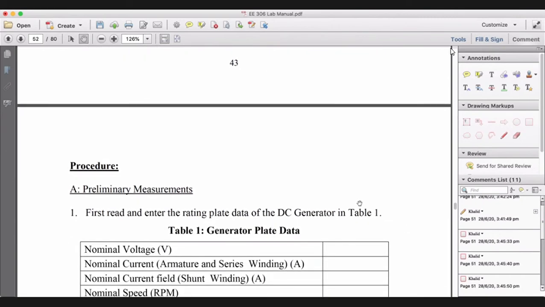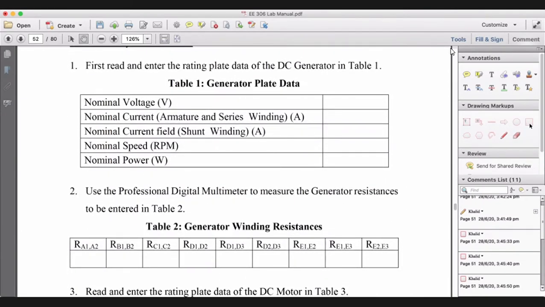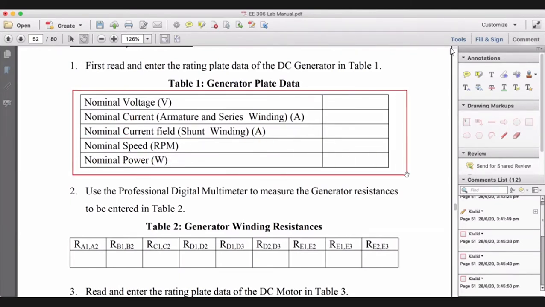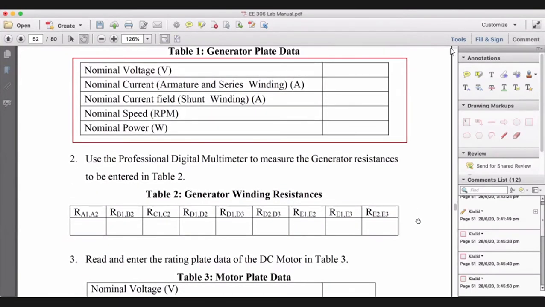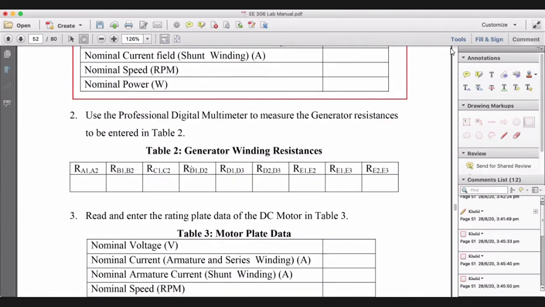And gentlemen, this is nameplate data. The generator is a machine, and a machine has some data. Just like a transformer has some data, we call it rated nameplate data. We call it rated values. We call it nominal values. So we will, inshallah, fill these numbers in front of you. We'll show you how we can read these numbers from the nameplate of the generator. Also, we calculate these numbers in front of you.